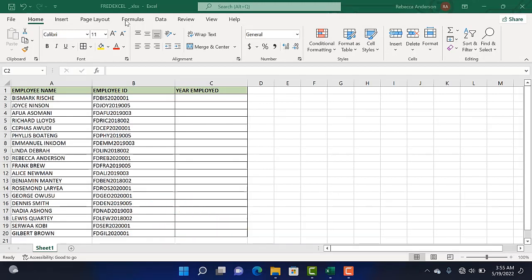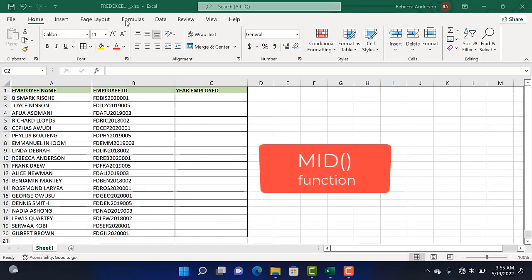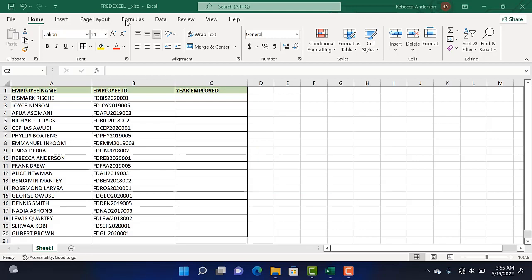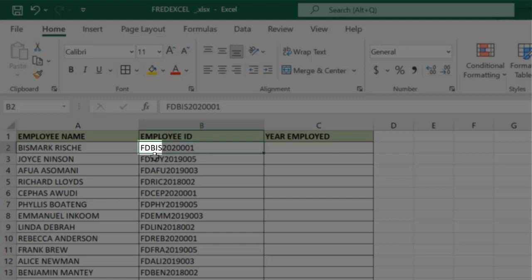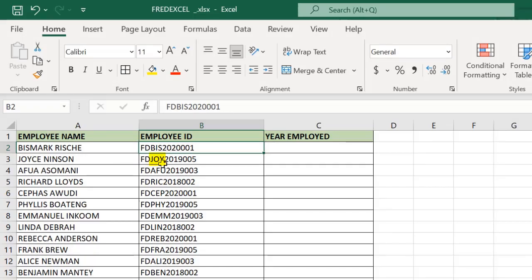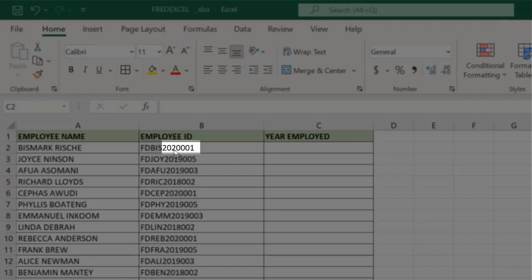In today's video, we'll be taking a look at the MID function in Excel. So over here, we have sample data of the staff of Fed Excel, which includes the employee name and their unique employee IDs, which were auto-generated based on the name of the institution, abbreviated as FD, and the first three letters in their name. So for Bismarck here, let's say BIS, for Joyce, JOY, and it follows like that. The year employed, and lastly, the Fed Excel branch where they function from, which over here is identified with a